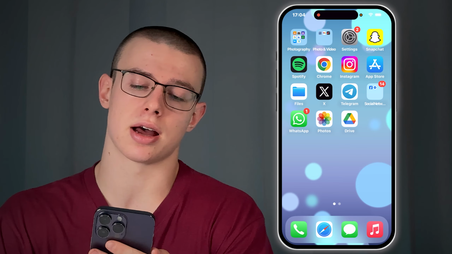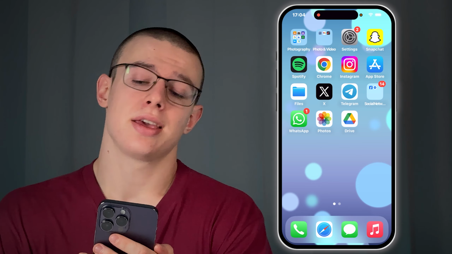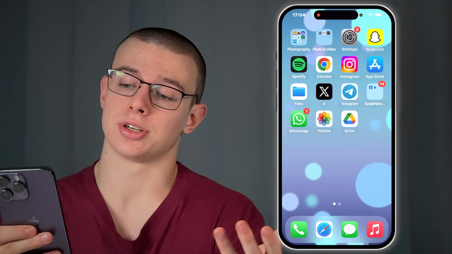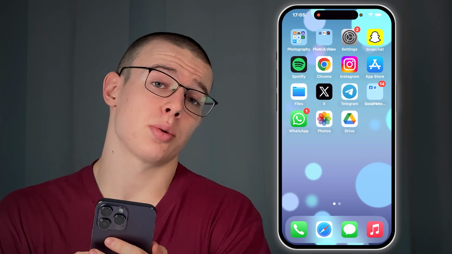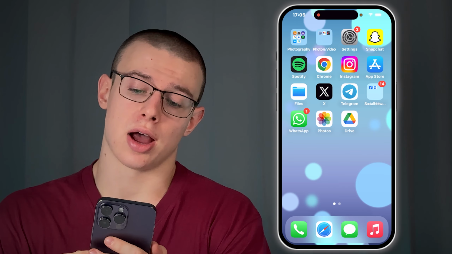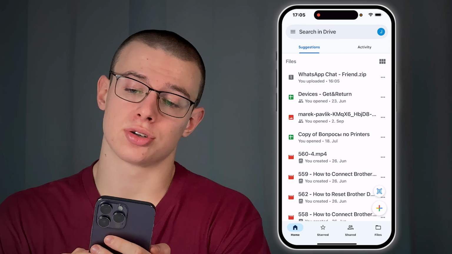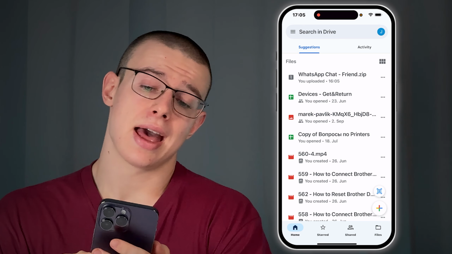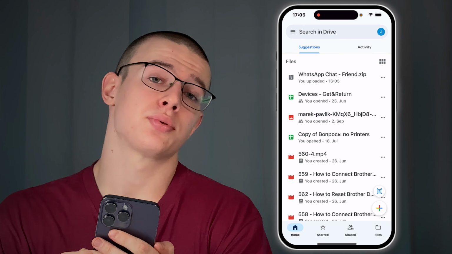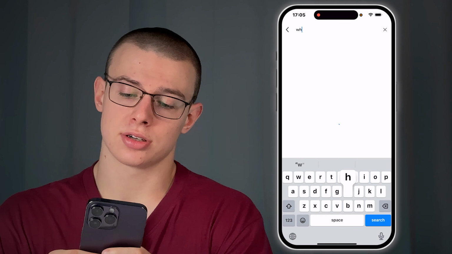Now let's begin, guys. First off, open Google Drive on your device, either through the app version or maybe using the website version, but anyways, for the sake of the tutorial, I will use the app. So now, when inside, make sure you are logged into the correct Google account. And when you've made sure, you can tap on the search field at the top and search for